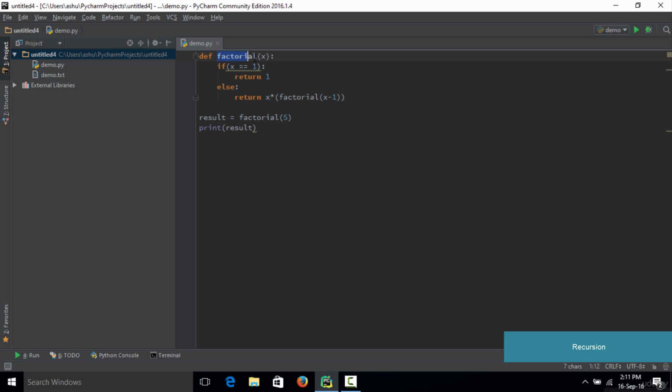So we have this function right here, and what we have essentially done is that we have called the factorial function within the same function right over here. So this type of function is called a recursive function, when there is a function call in the function definition itself. So that's it for this lecture, and I hope you guys understood the significance of recursive functions,